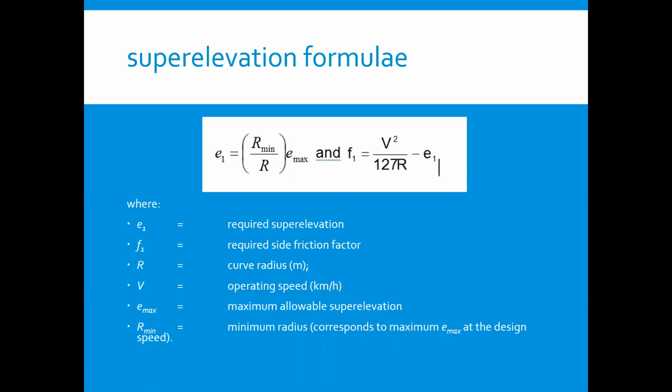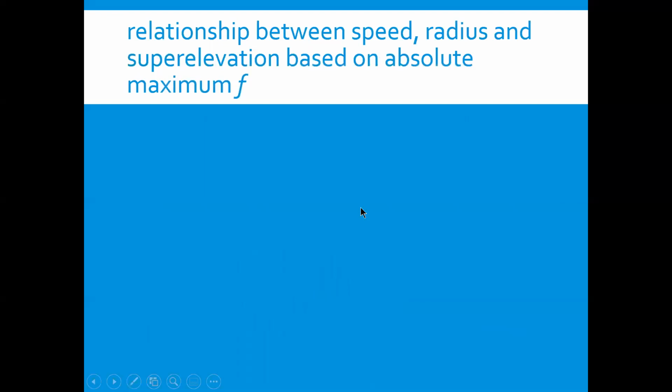It is recommended that the values for maximum superelevation and minimum superelevation for major urban roads be set at 3 to 5%. So 3% is the minimum and 5% is the maximum superelevation to ensure adequate surface drainage. Lower values for the superelevation should only occur during the superelevation development. Next slide shows the relationship